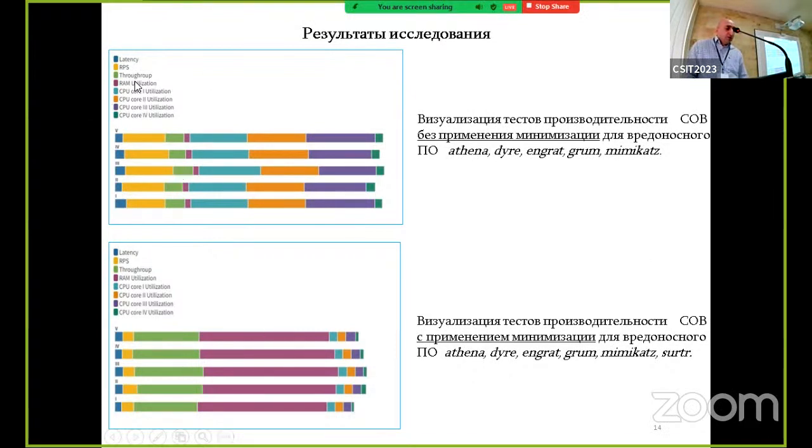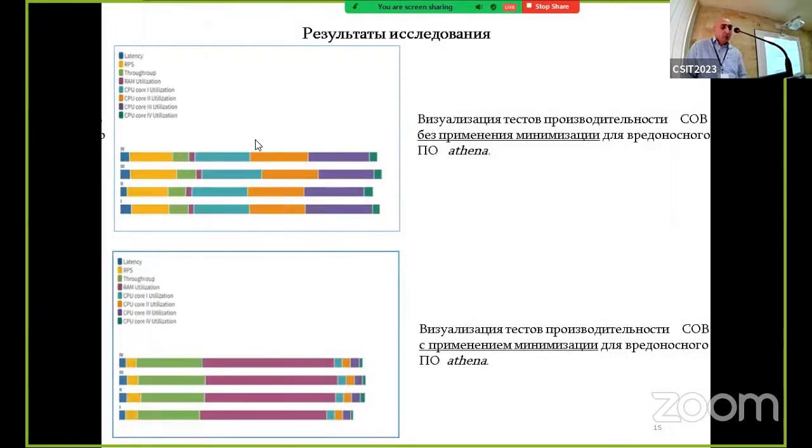Зеленым выделено: всегда растет пропускная способность нейронных сетей. Второе – уменьшается время отклика. Но платой за задачу оптимизации мы теряем в оперативном запоминающем устройстве. Если здесь была малая загрузка процессора и большая загрузка ОЗУ, то здесь наоборот.